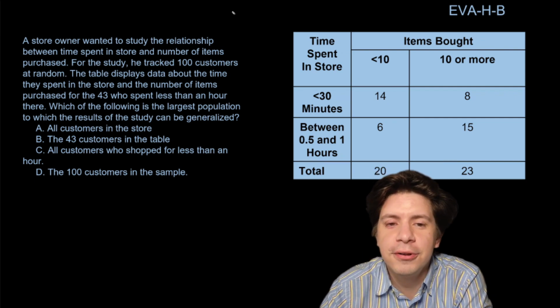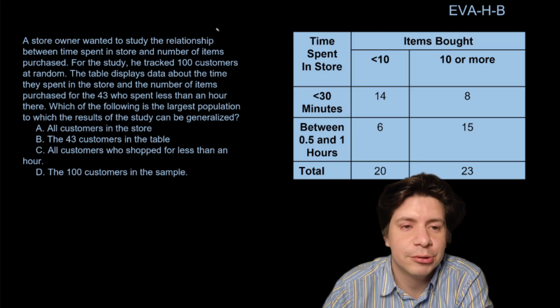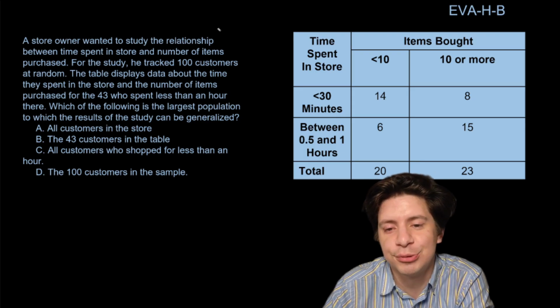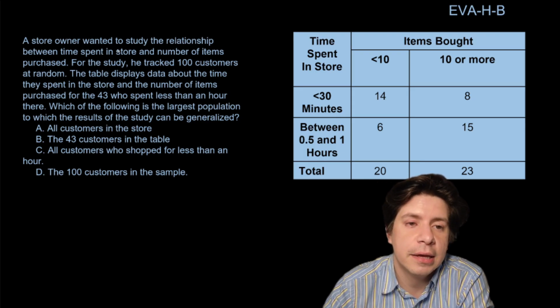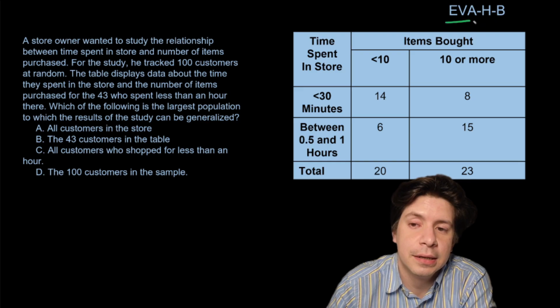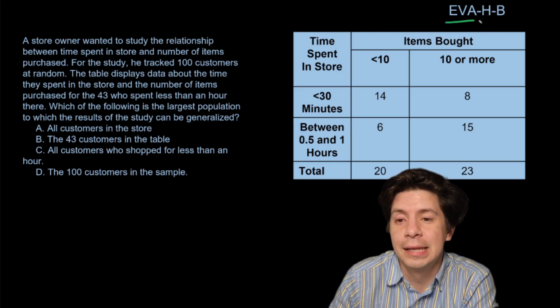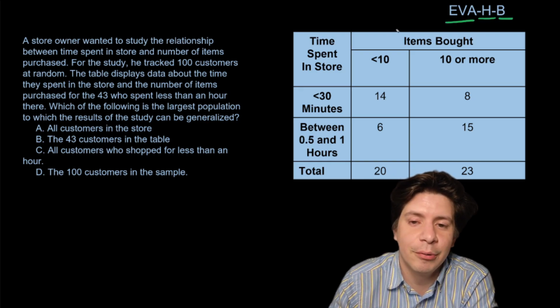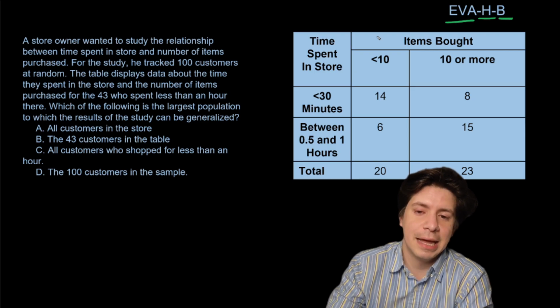To cure your SAT woes, we're going to be doing evaluating statistical claims, experiments, and studies. Category EVA is the shorthand. Level hard, category B, where we have a chart and we have to think about how useful that chart is